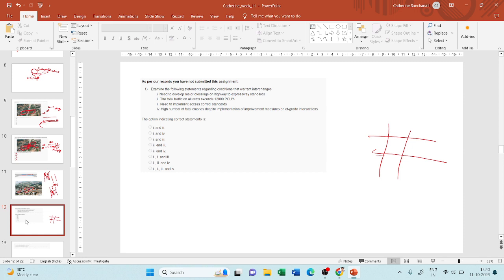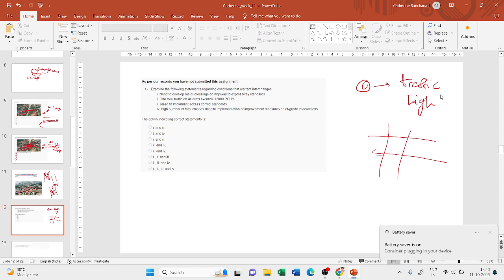And so what is that? Obviously the first point will be, if the traffic is high, then you will go for an interchange, right? So the first point will be traffic high, but how much high? You have to quantify it, right? For you, high traffic might be something, and for me,